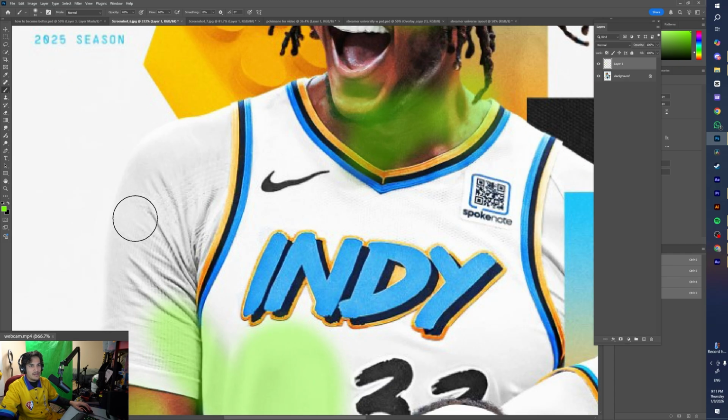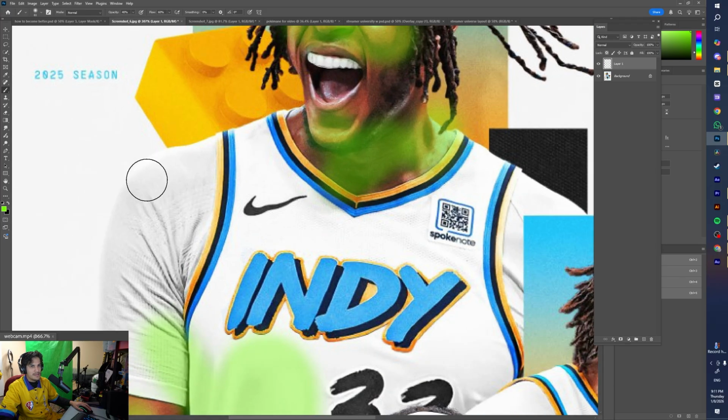Something else he did, looking at the cutouts, he has an inner shadow on linear dodge on the subject over here. It could be just to add highlights on him, or it could be to remove, because most of the time, if not all of the time, when you cut out a subject, there's like a black kind of stroke around it.